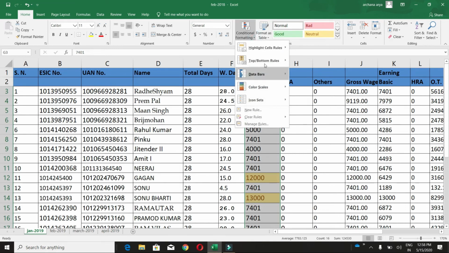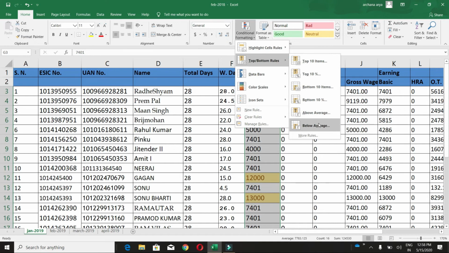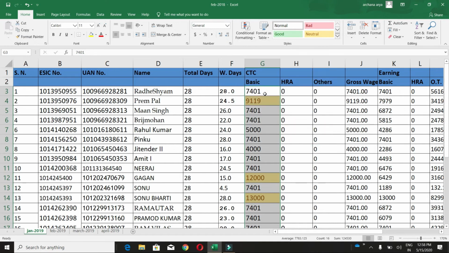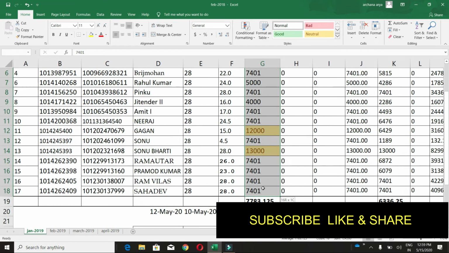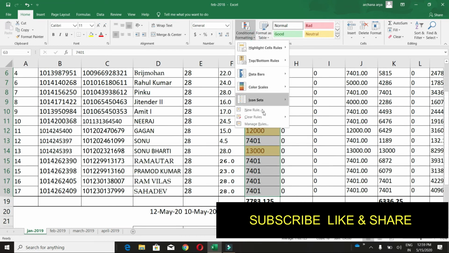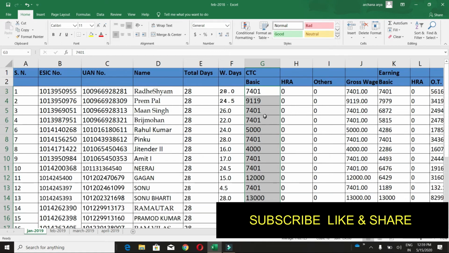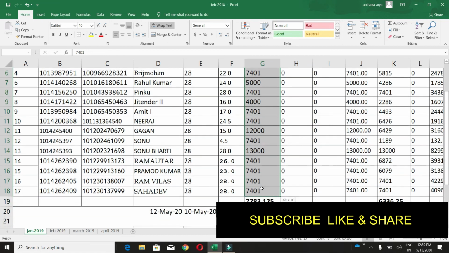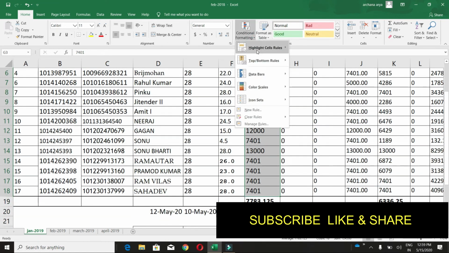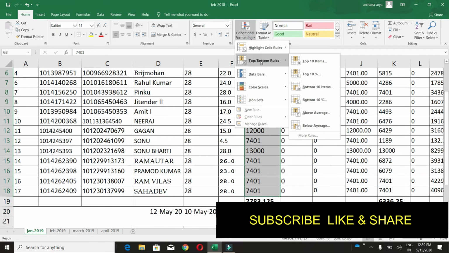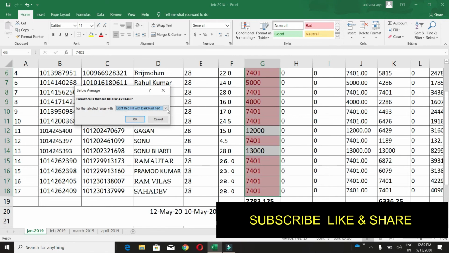So our next option is the same, below average. First I will clear all rules. Go to clear rules, go to selected. Fine, select the range, go to conditional formatting, top bottom rules, go to below average. Same will happen.